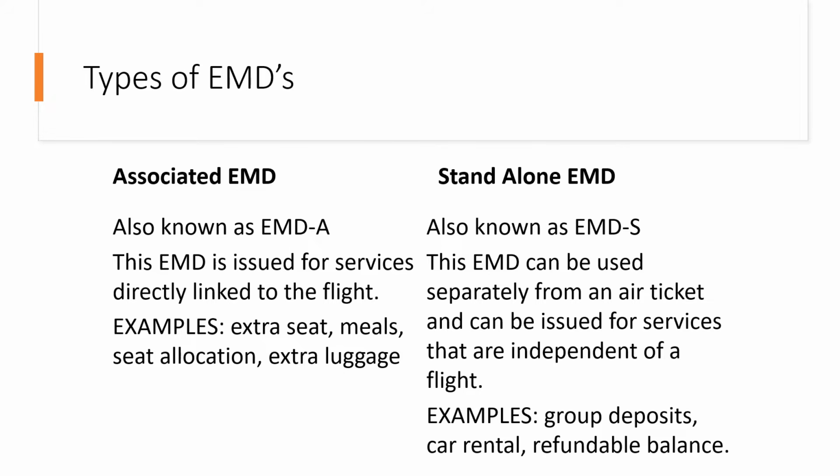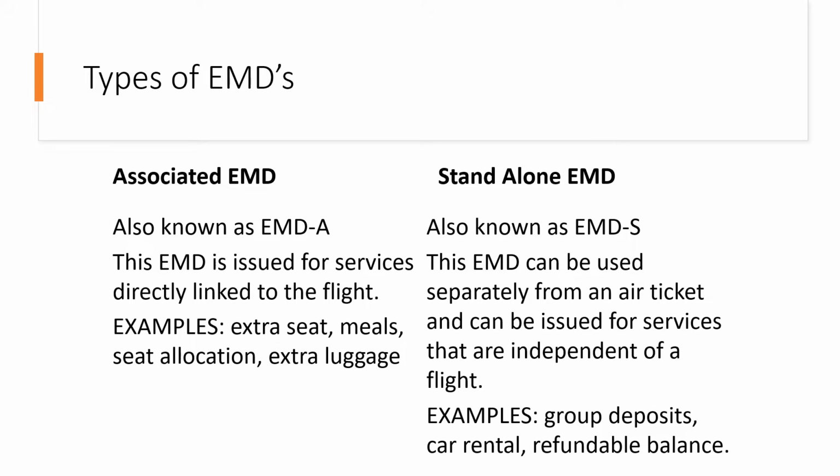Basically, EMDA is directly linked to the flight. For example, an extra seat. If someone is obese and requests an additional seat, then he or she would pay an additional amount for that extra seat, and an EMD will be issued for that specific extra seat